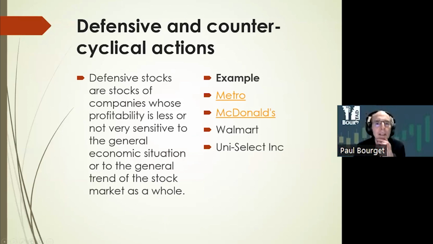Defensive and counter-cyclical stocks. So defensive stocks are stocks of companies whose profitability is less or not very sensitive to the general economic situation or to the general trend of the stock market as a whole. So here we can give, for example, Metro, McDonald's, Walmart, Uniselect. So if we give a look at Metro,